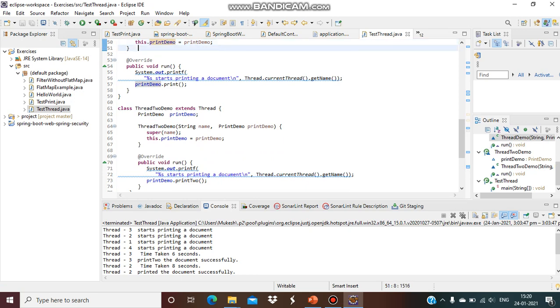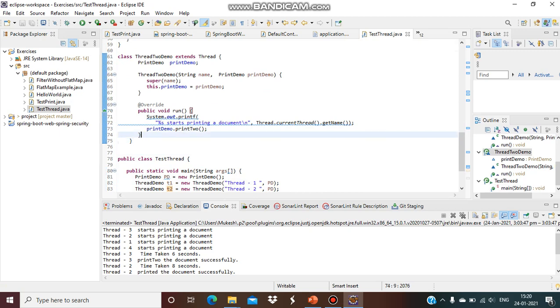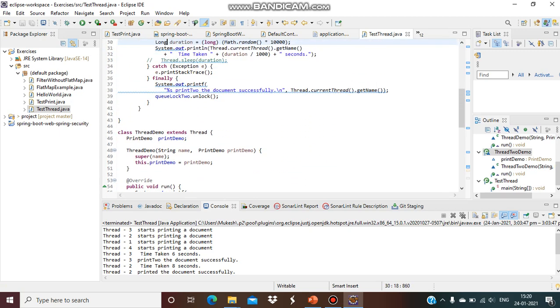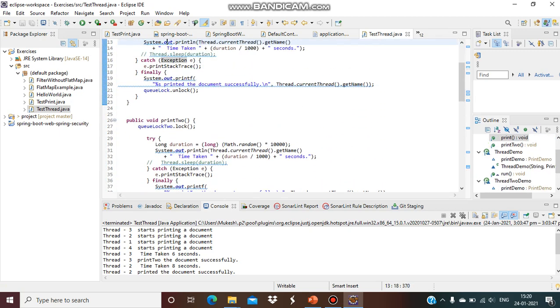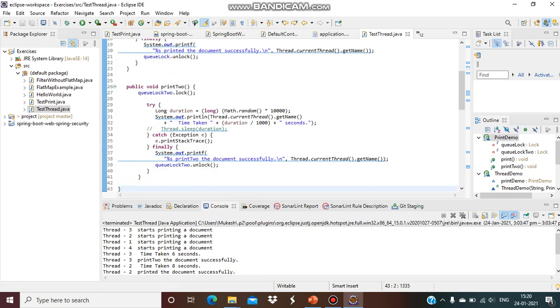You will get messages like executing print document, printed the document successfully. And for print two, you will get printed the document successfully.